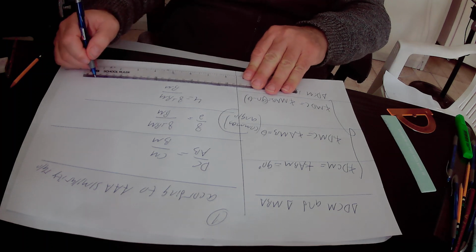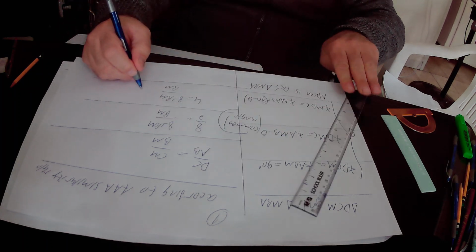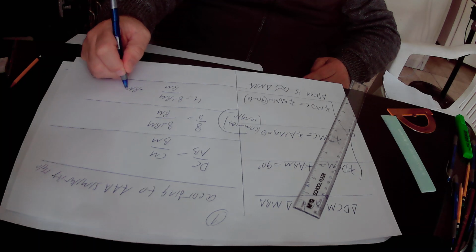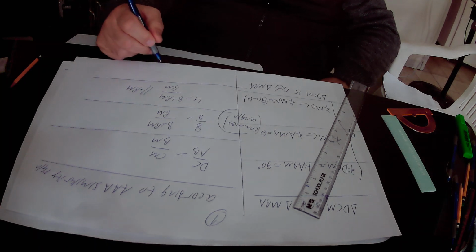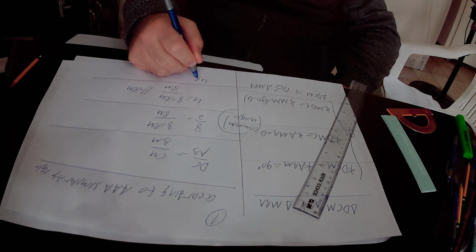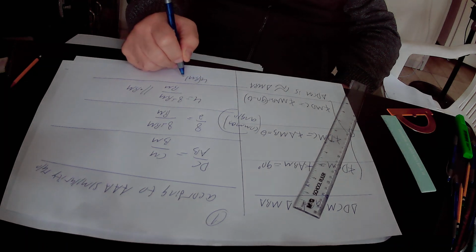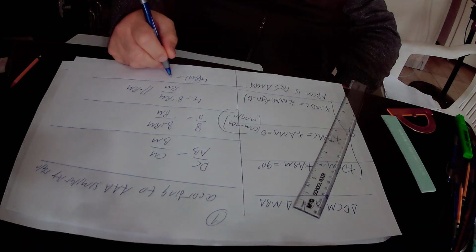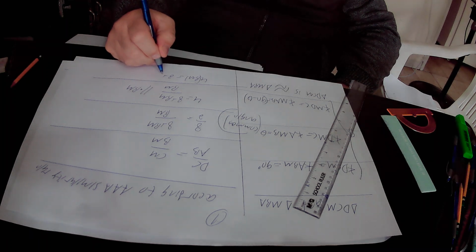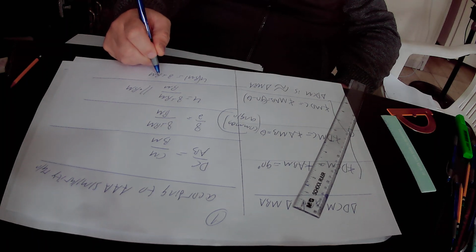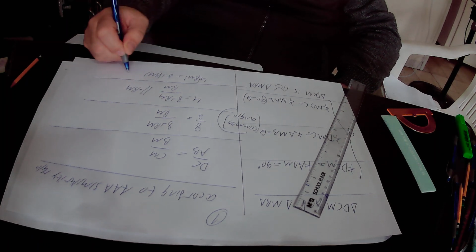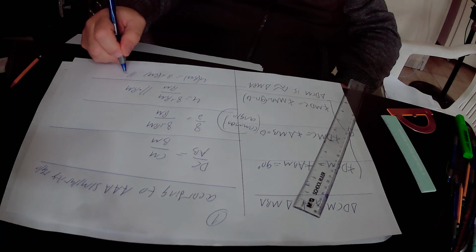So here we will multiply this equation by BM, and we will get that 4 times BM equals 8 plus BM. Here we subtract BM from this equation,